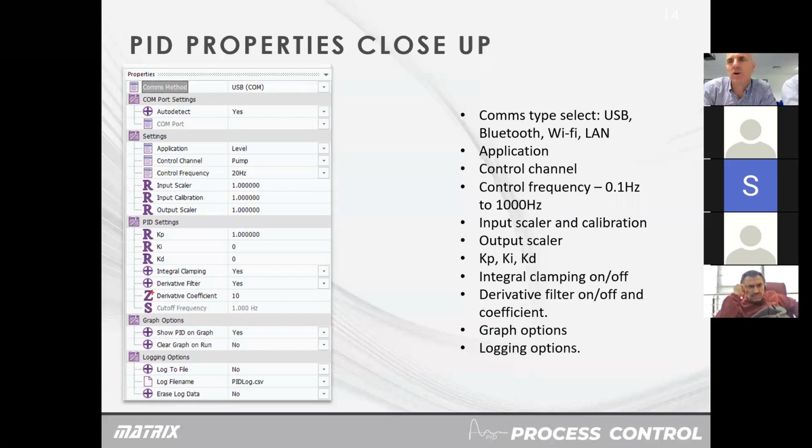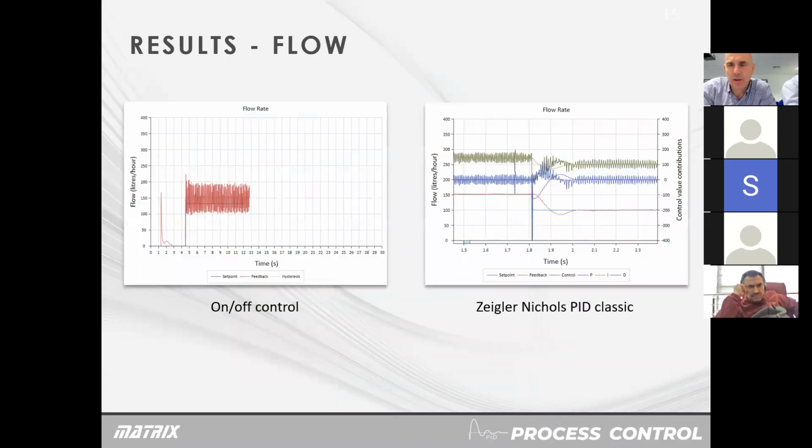And so they can set different control frequencies. Clearly, if you're doing something like flow, it's very fast responding, and you want to measure that many times a second, whereas temperature is very slow responding, and you want to do that several times a minute. And it makes a big difference to your performance, how quickly you take those measurements. So you can see there's the PID close-up. Okay, so we need to then look at